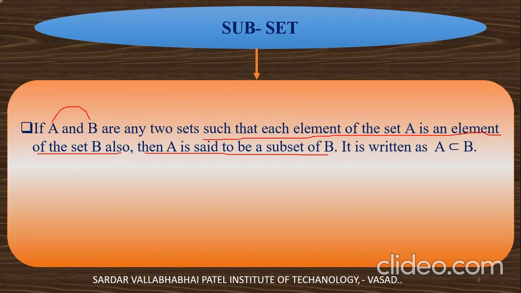If each element of the set A is an element of the set B also, then the set A is said to be the subset of B. As for example,